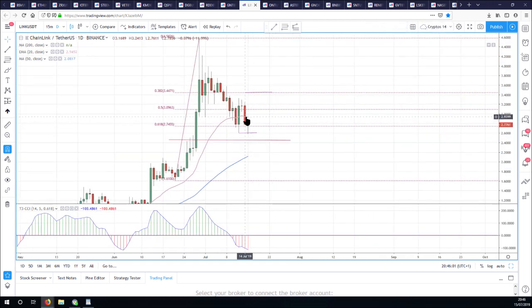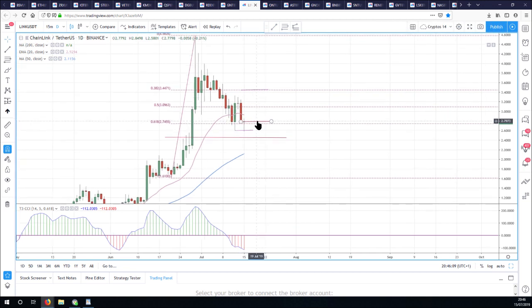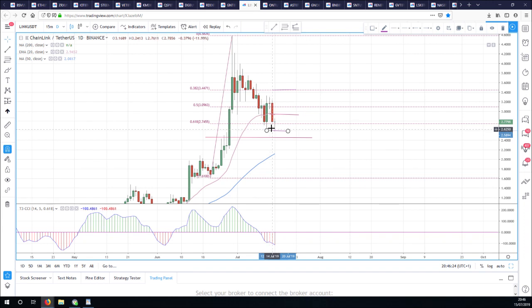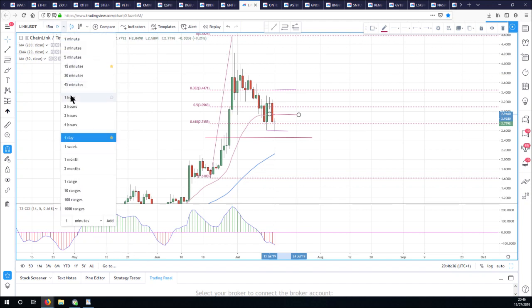Firstly, we need to go more than 50% of this candle and above the daily 20. That would confirm we're going up rather than just bouncing sideways. And then this 50% level at 3.09, if we get above there, we'll go back to 3.44, and then we can talk about a reversal. At the moment, it's quite positive, this little double bottom, and the way we're holding this 61.8 level. It's not too bad, but it's not really positive until we're back above that daily 20 moving average. So 2.95 becomes really important.